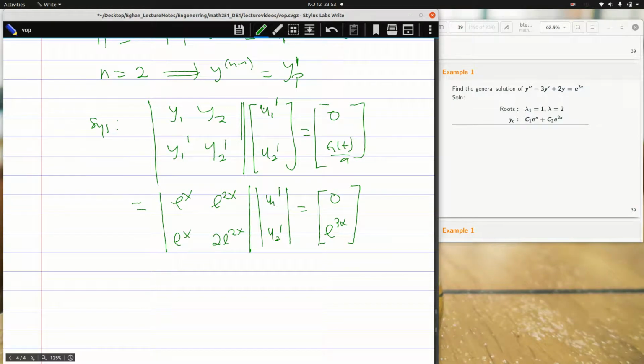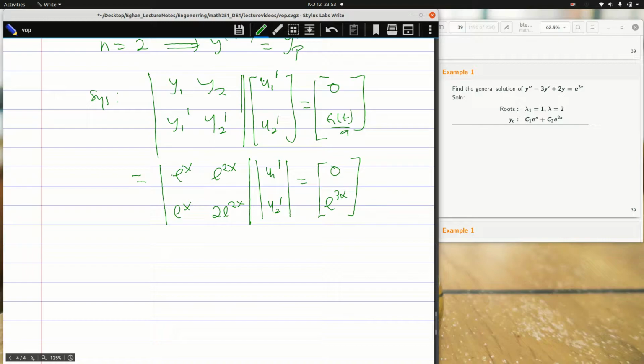Using Cramer's rule, this is the Wronskian. The determinant here, we are going to get e to the power 3x minus, this is a 2 by 2, e to the power 3x. Applying indices, you know, if I have an exponential of a multiplying an exponential of b, it is a plus b. So that is what I'm applying here. I'm going to simply get e to the power 3x as my Wronskian. So using Cramer's rule,